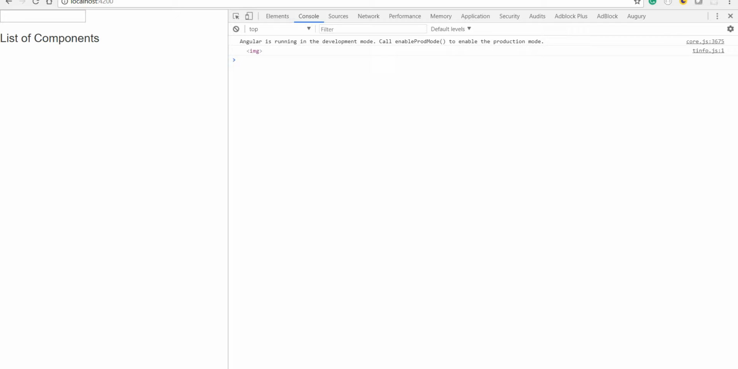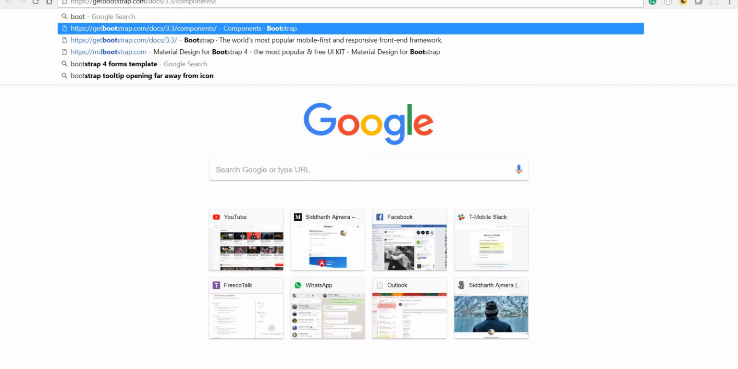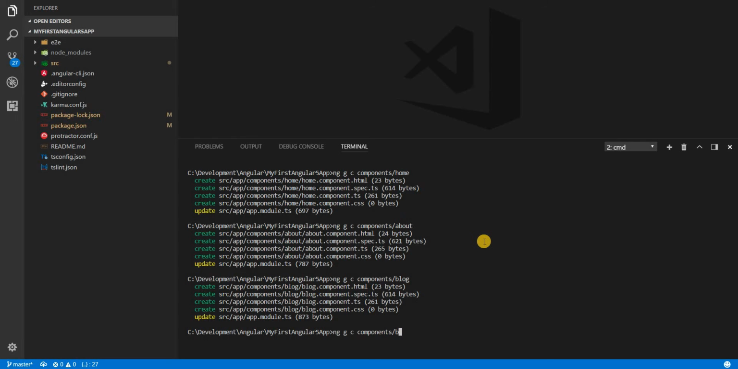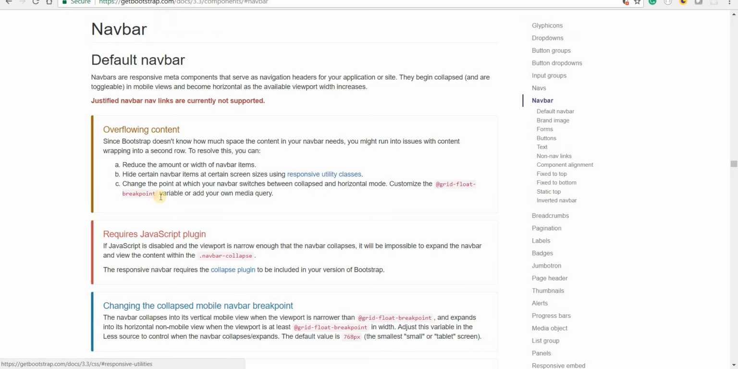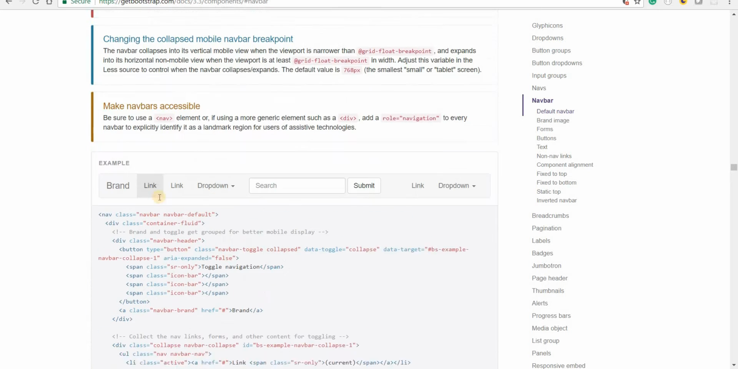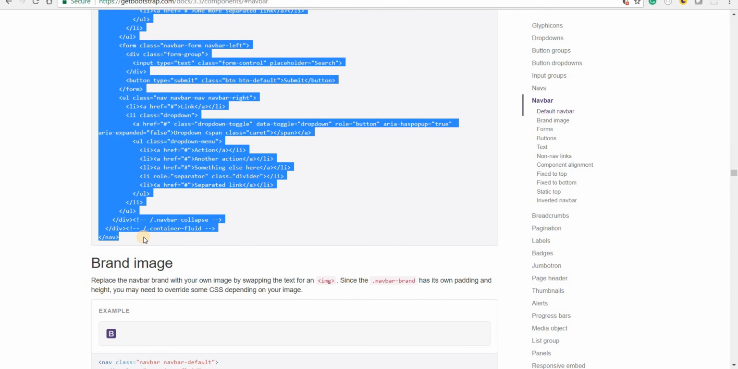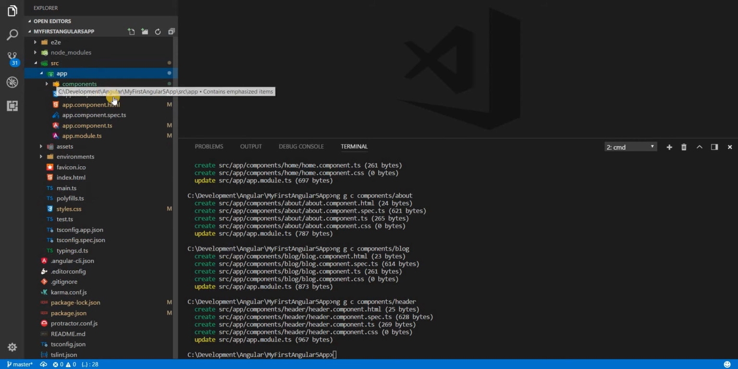Let me just go quickly to the Bootstrap's website so that I can quickly get the navigation bar up and running. Okay, so for that what I'll do is I'll create another component. I'll call this header. Okay, and meanwhile that gets created, I'll just copy the navbar markup that we had here. So right from here till here, so I'll copy this and go back, and now in my header component,